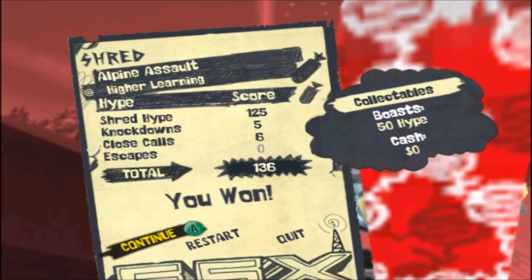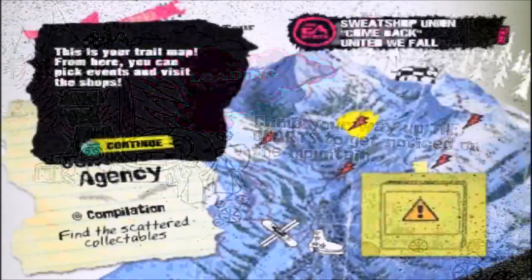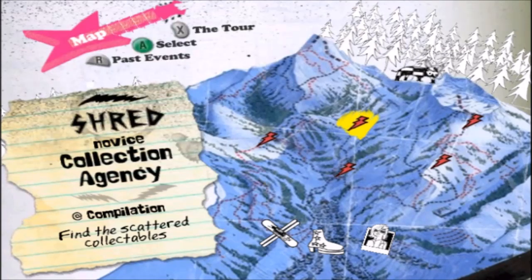Yeah, so you see on the side there, collectibles, that camera gave us an extra 50 hype. But anyway, there's a ranking system, and you start off not even being on this ranking system. As you can see there, you have to climb your way up that ranking system to beat the game. As you progress,